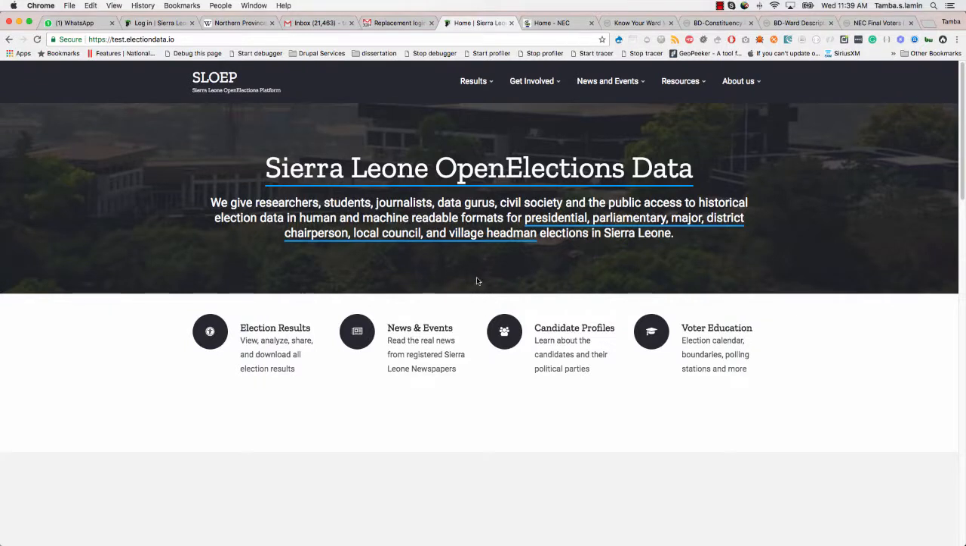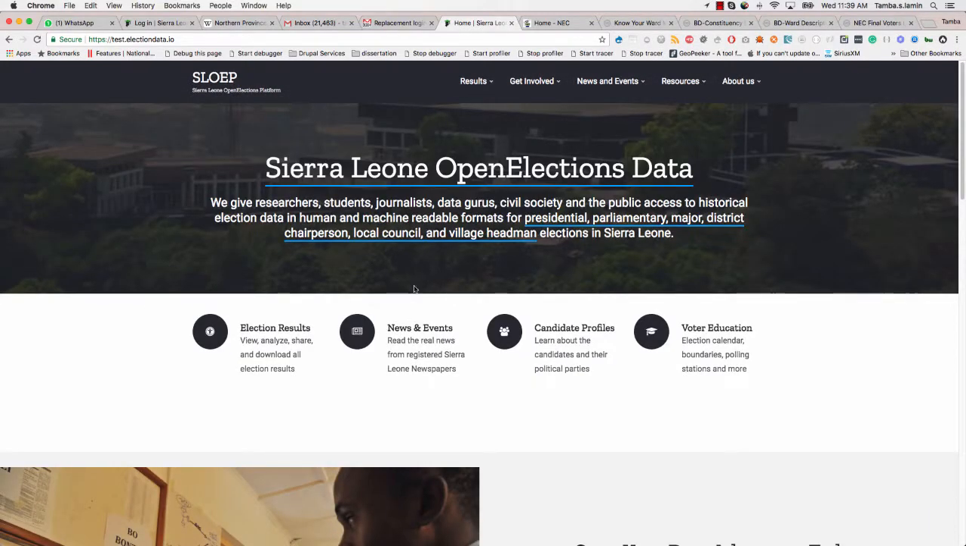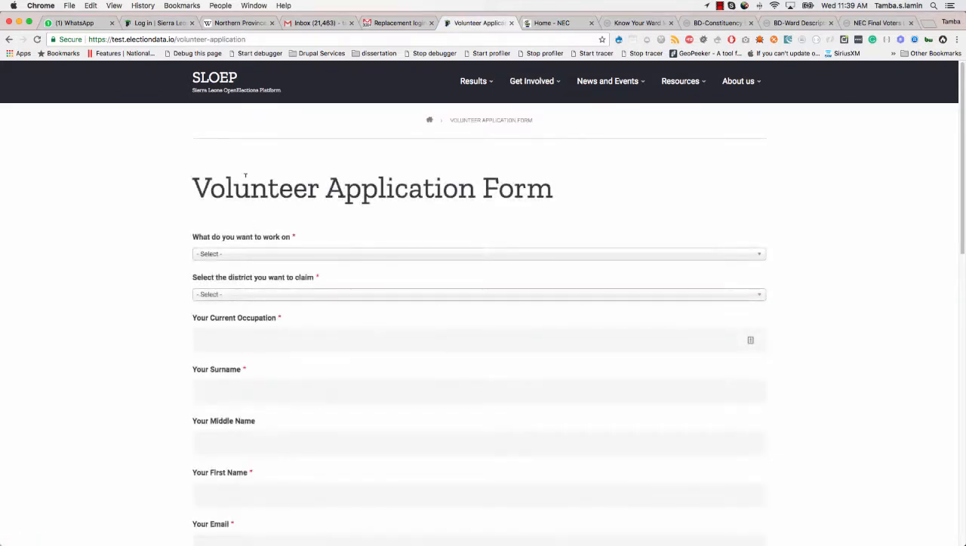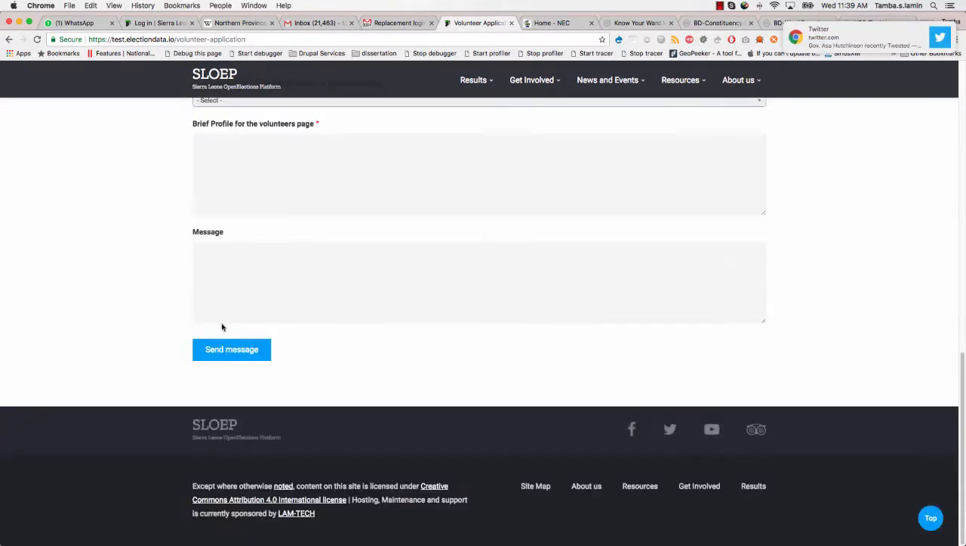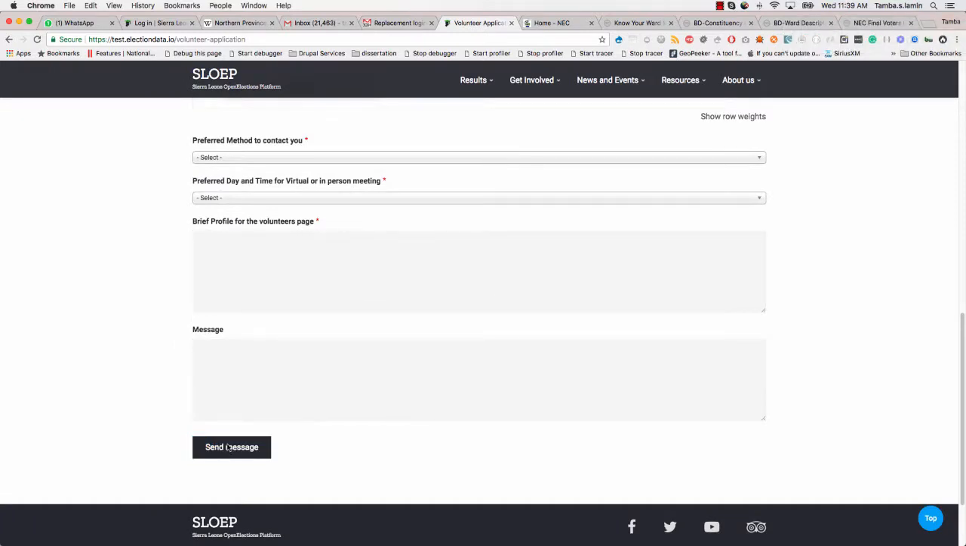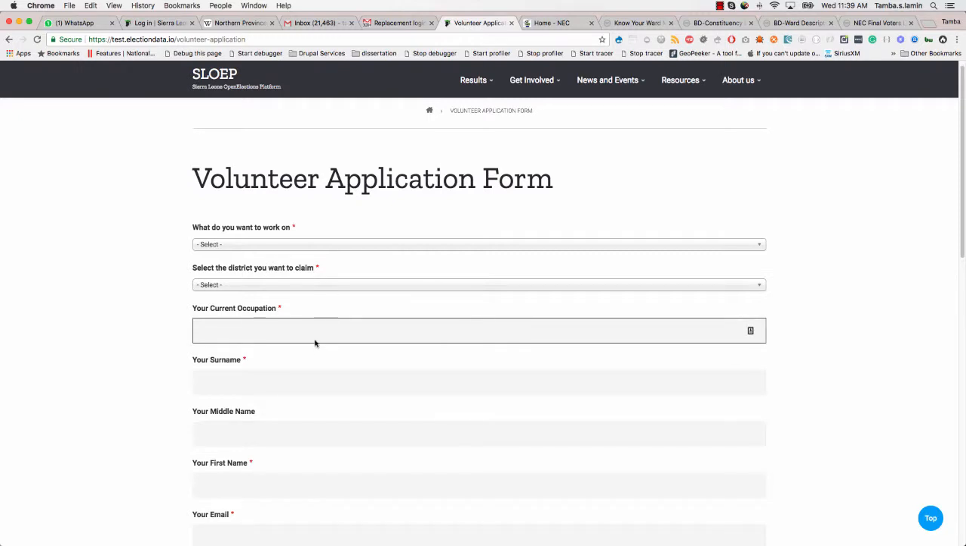So first, how to submit your volunteer application. If you have not already submitted your volunteer application, I will encourage you to do so. And how do you do that? Point your mouse on get involved right here, and then you will see start volunteer application. So you can click here, and then you will access the form to start the volunteer application. So from here you fill out the volunteer application, and then you click send message, and we will receive the volunteer application, and we will then get back to you and work with you on how you can work on